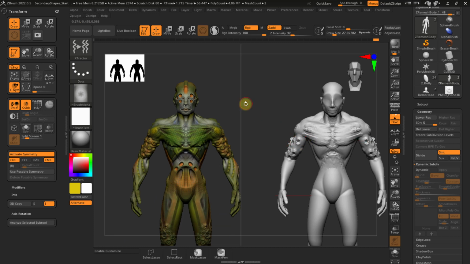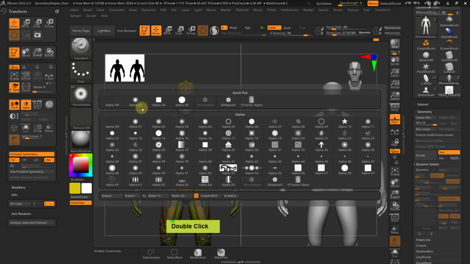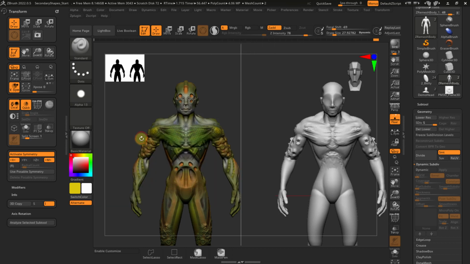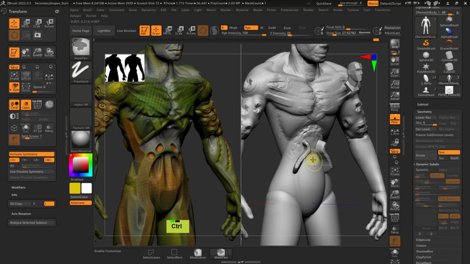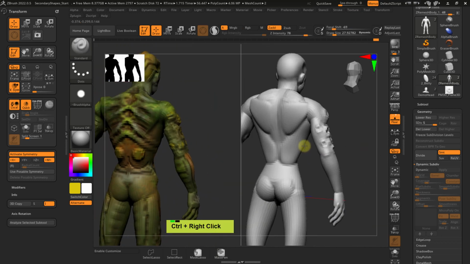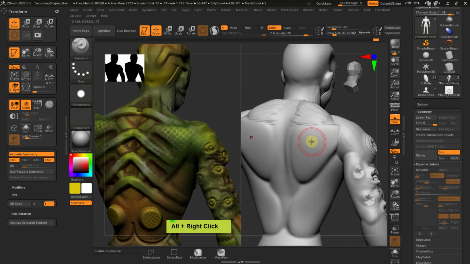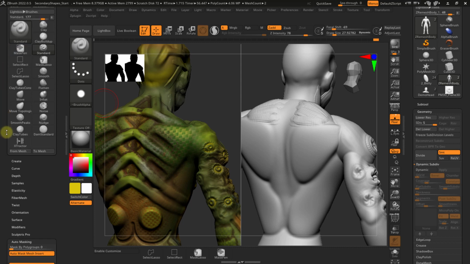Another way, if we are going back to the standard brush and choosing a dot and choosing an alpha, something else I wanted to show you is, let me choose a simple dot. You can actually drag and paint with this dot, and let me turn this to the back, and this will be a great zone to explain this thing. Because we want to talk about lazy mouse and lazy mouse related functions, so for this time let me go with the brush,